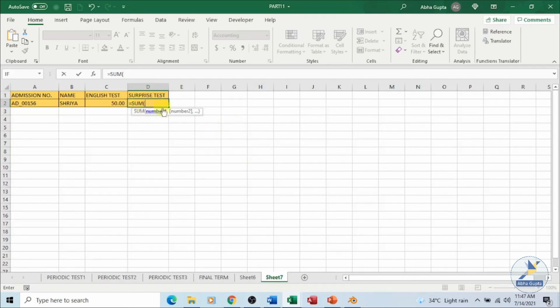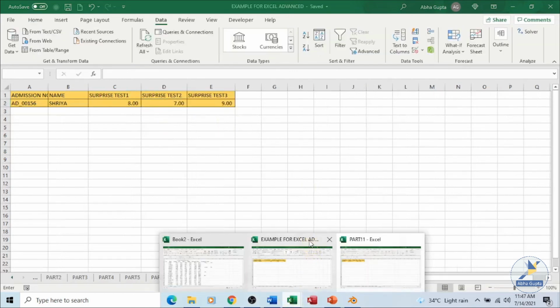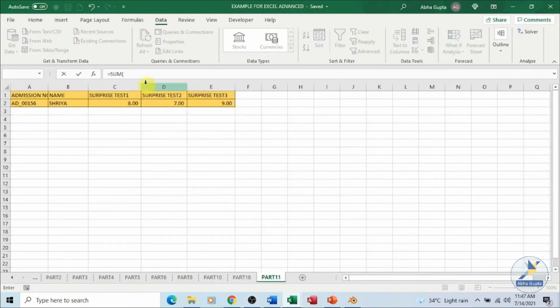So we have written the function over here. Let's open our workbook. This is my workbook where I have the data. This is the sheet, and I'm going to make use of this particular cell. The moment I clicked, I came back to my destination worksheet from the source worksheet.